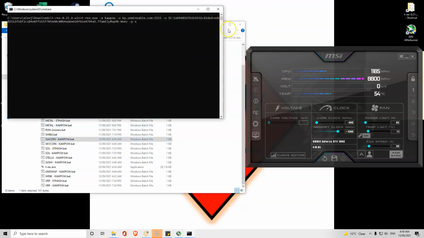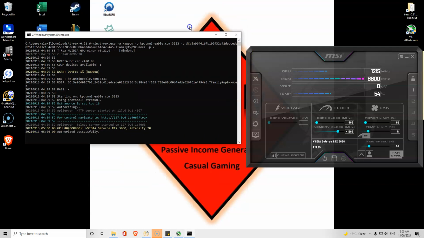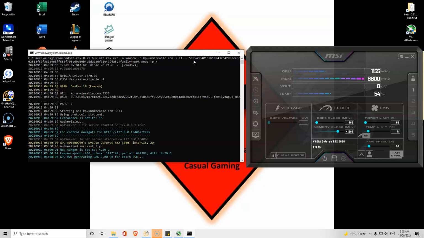But to mine, double click on the SiaCoin, and let it boot up. It will have to load or generate the DAG file. It will take a little bit. Being the Kapow network, you need a 3 gigabyte card in order to mine. If you don't have a 3 gigabyte card and you need something else,